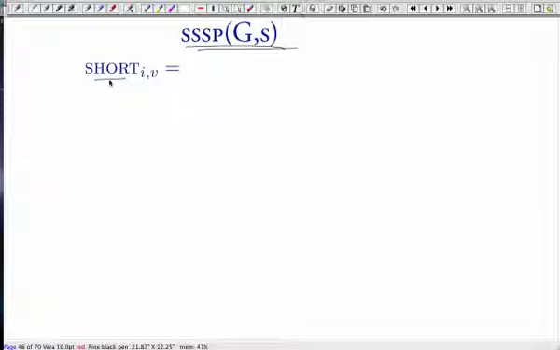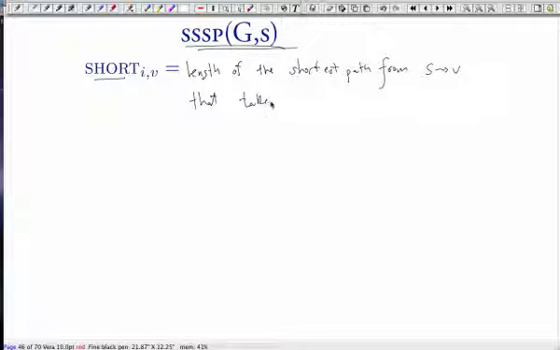In this case, short(i, v) is going to be the length of the shortest path from S to V that takes no more than i hops. With your neighbor, write an equation that describes